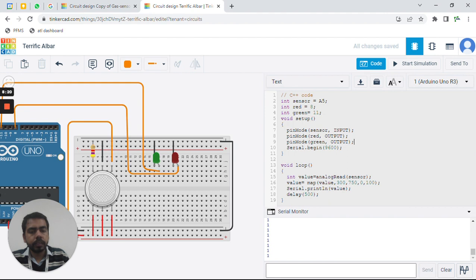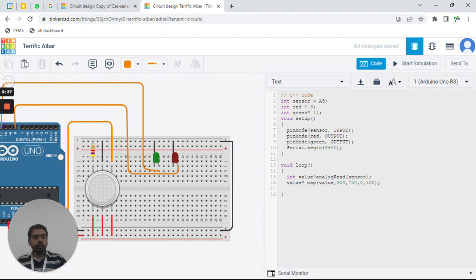So we have defined these things, and we have started serial begin 9600. Because this is a different task, we need not print the value on the serial monitor, so we are going to remove this.